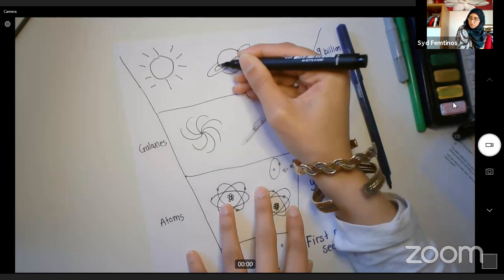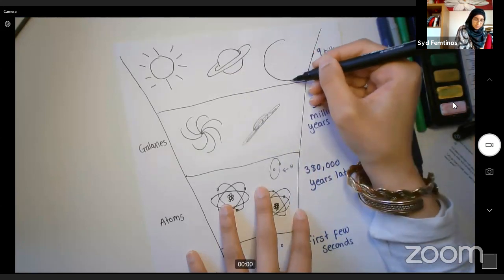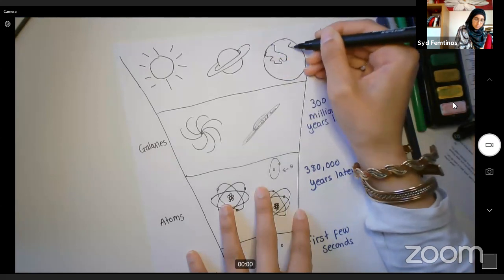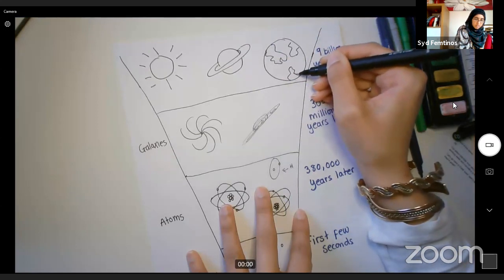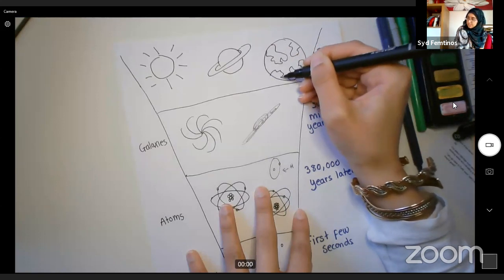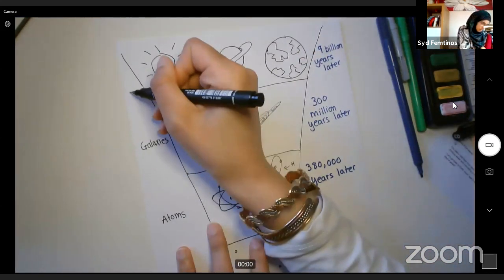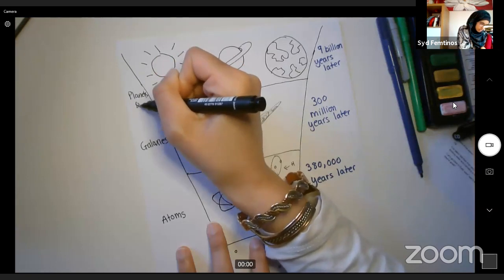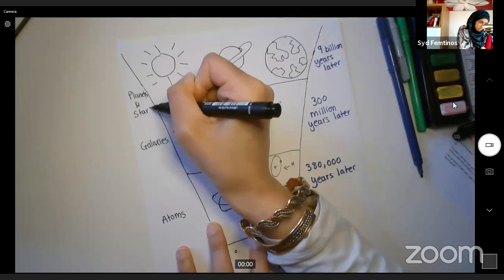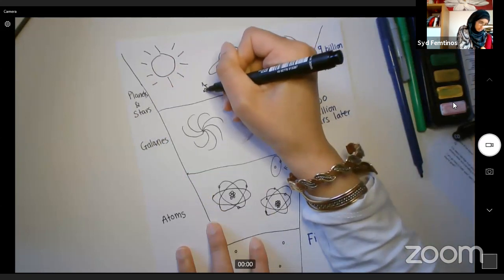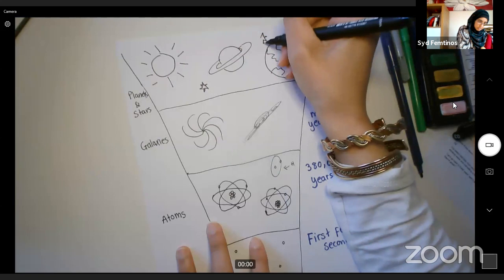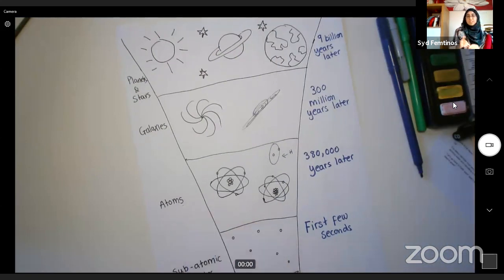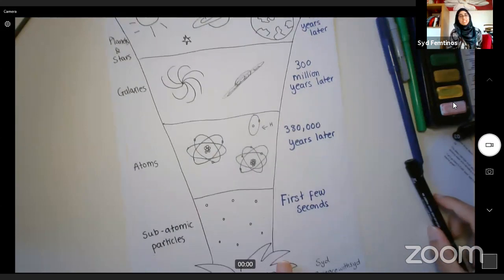So I want you to submit your drawings. We're going to have planet Earth. Okay, so here we're going to have planets and stars. So I can draw a little star in the background there, a little star over here, little star over here. So lots of people did the space course with us, and we went through this in a lot more